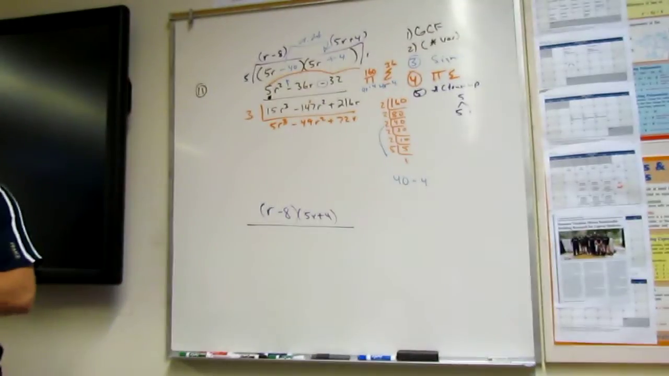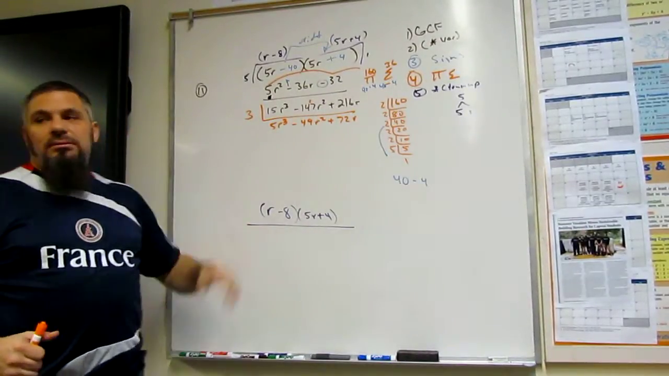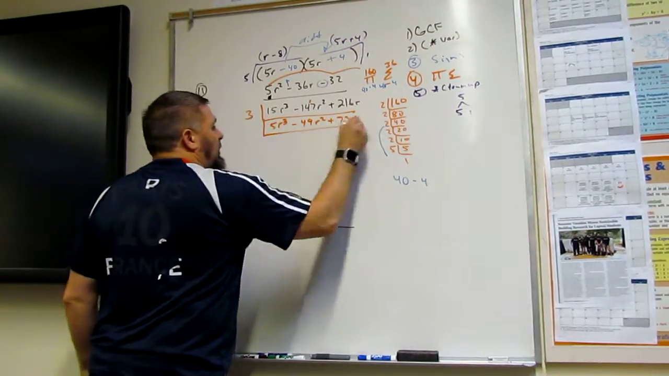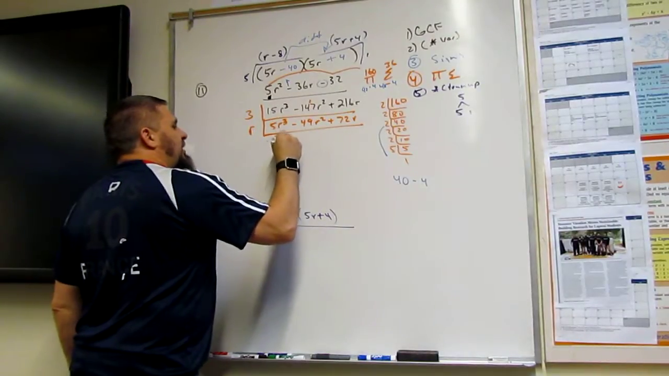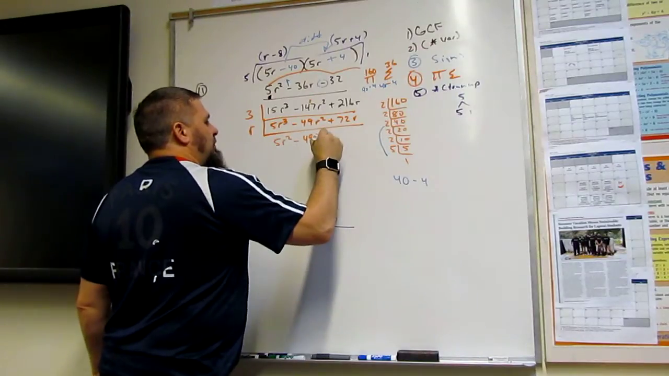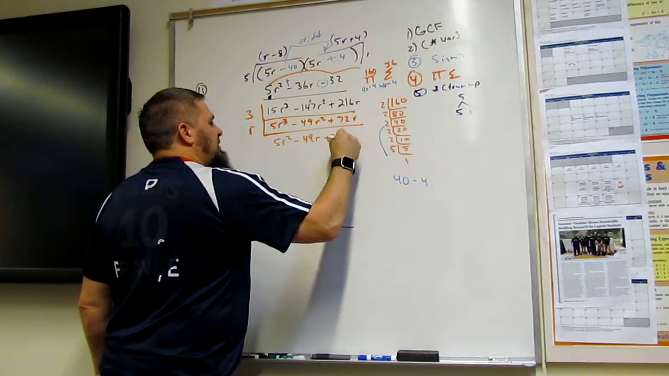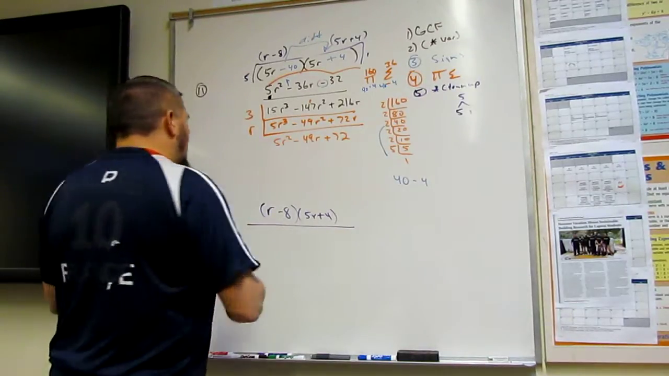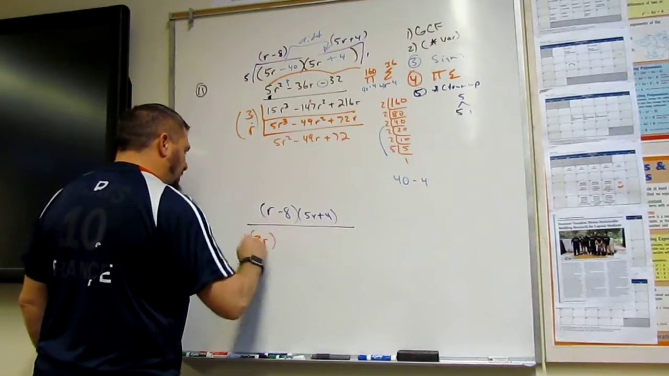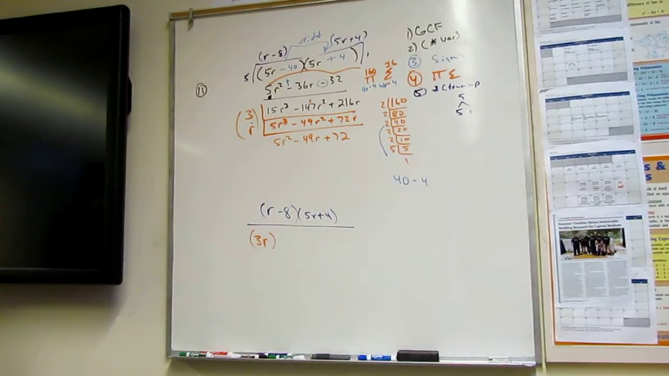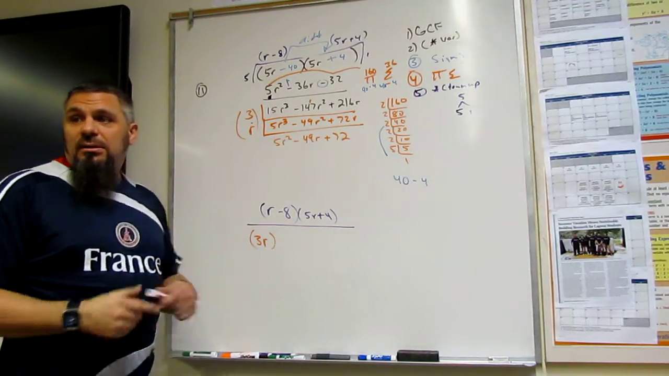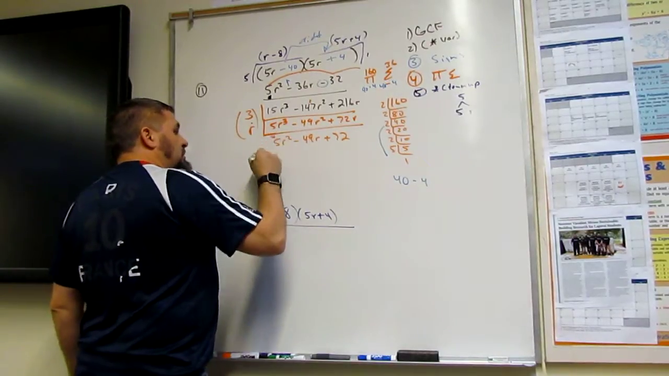Does anything else go into all of these numbers? R? Yeah, definitely. We can take out an r. That gives us 5r squared minus 49r, right? Plus 72. Okay? So now I know that I have a 3r. So 3r is going to be here no matter what. Okay? What else do I got? Well, do I have a star? Okay? So that means